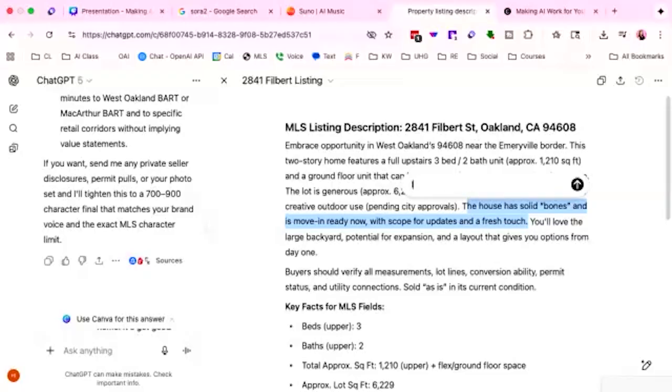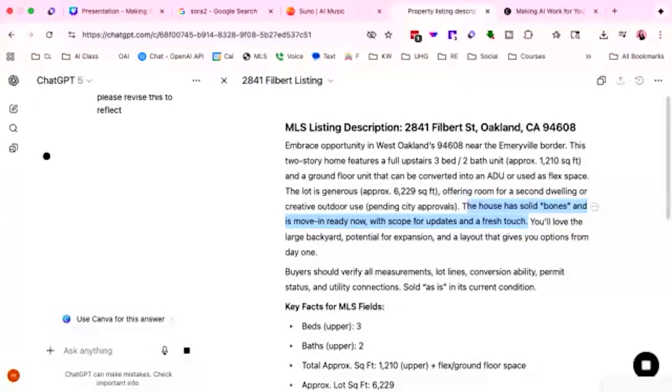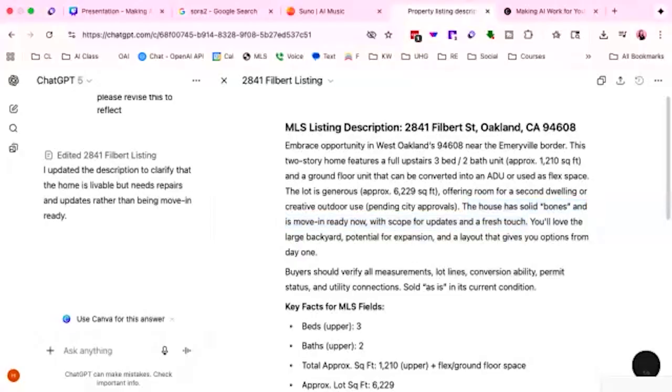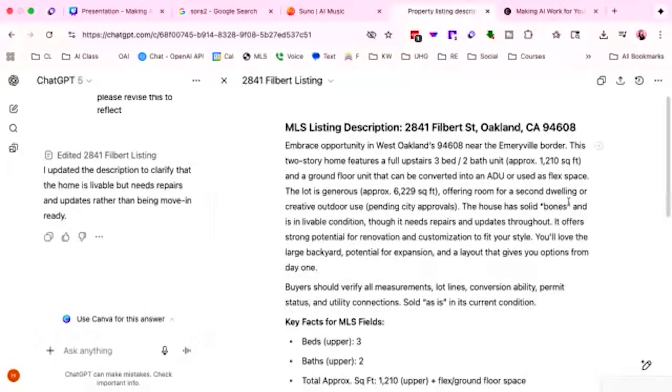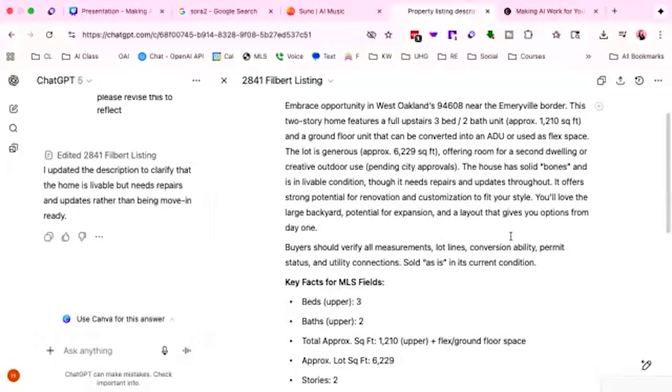ChatGPT, it is not move-in ready. And let's see. Please revise this to reflect that. So then you can just pull certain sections out of here and edit some of the other sections. Because when we first started using ChatGPT, you'd tell it to do one thing and it re-edits everything. It just drove me nuts because you want certain pieces of one edit and other pieces of the other. Now, let's see. Now it says the house has solid bones and is in livable condition, though it needs